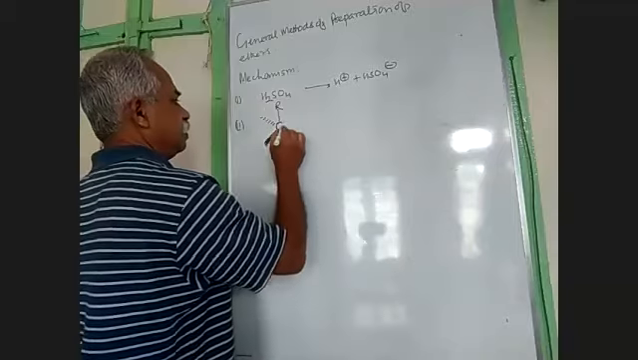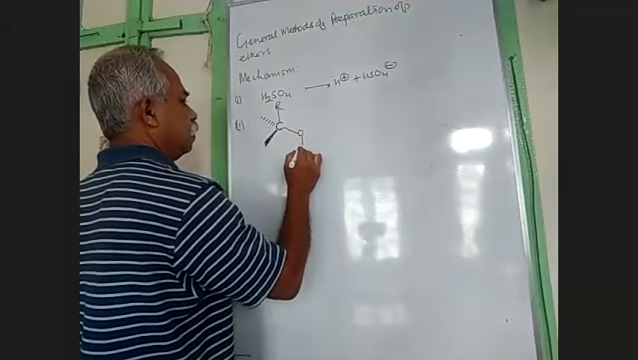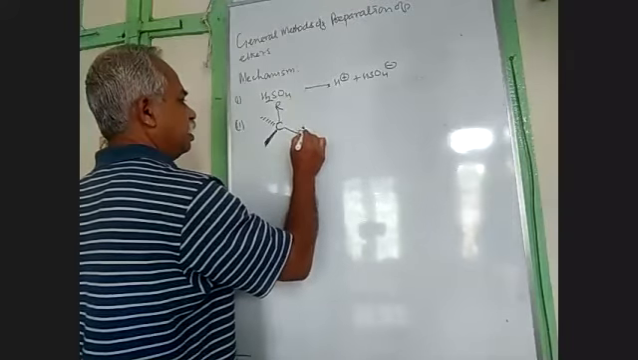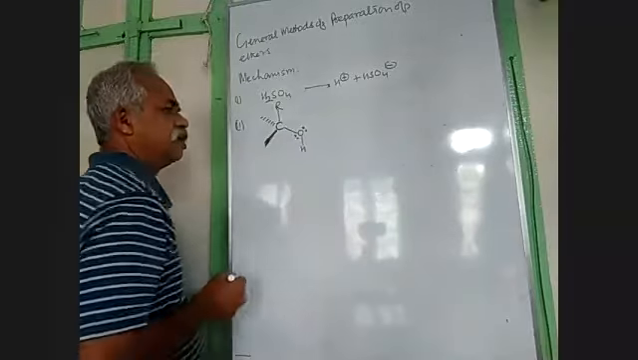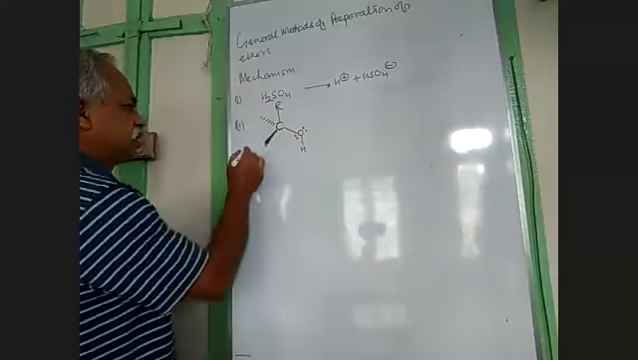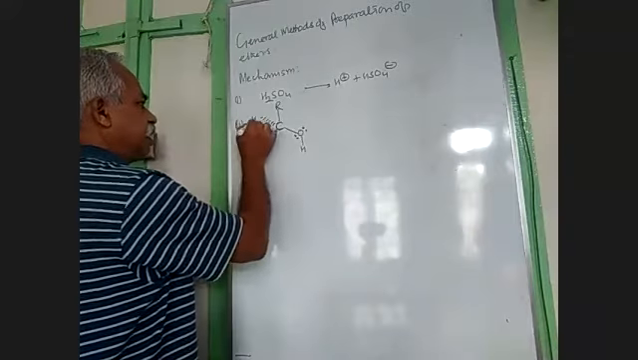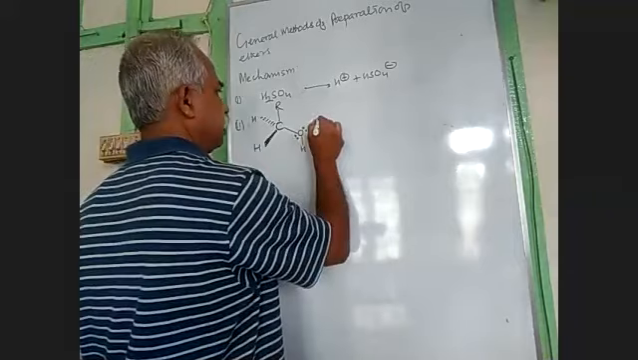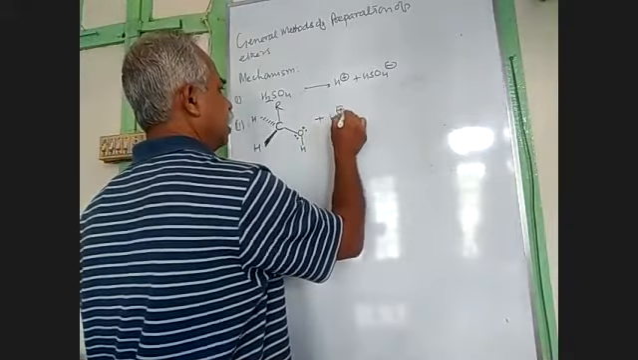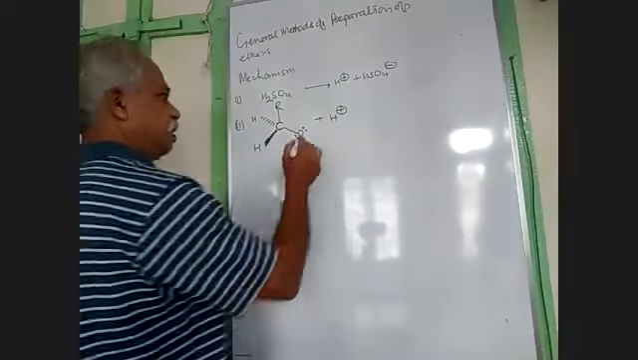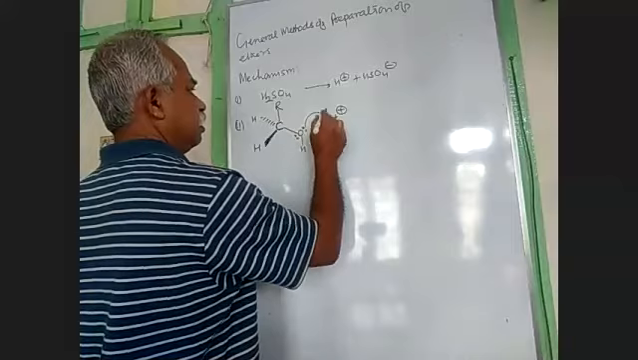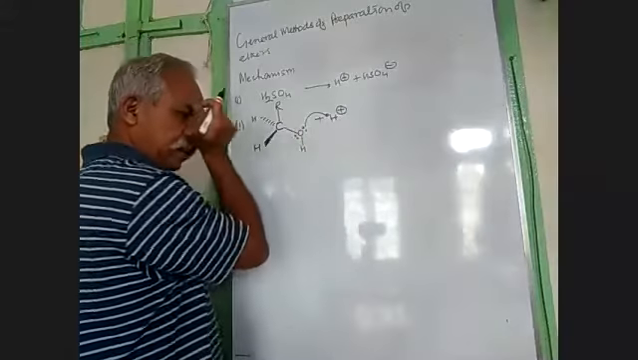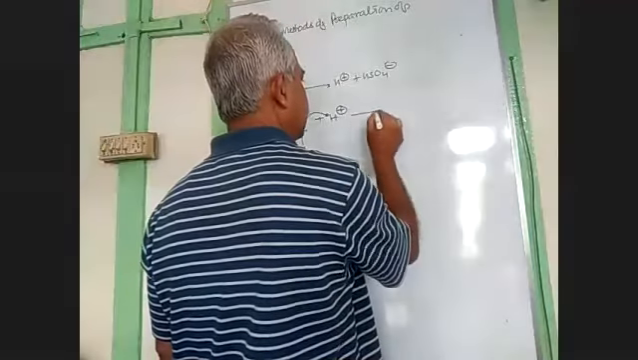R, O, H, C. This oxygen has a lone pair, so it is a Lewis base. This is H and this is H. Then this is the H+. So this is a Lewis base, this is a Lewis acid. It will immediately react to give you